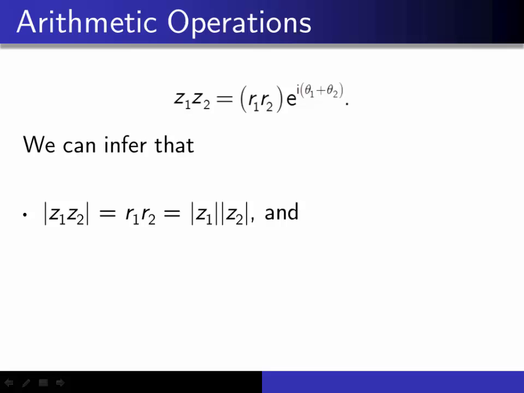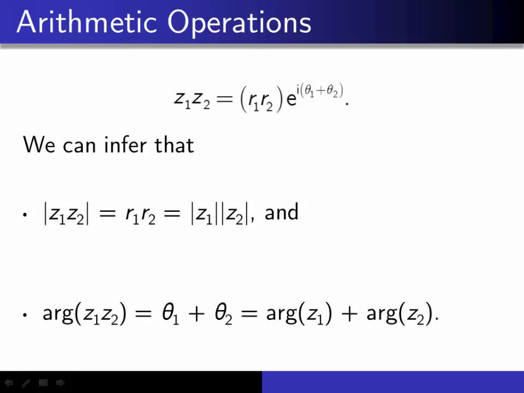But what was theta 1? The argument of Z1. And theta 2 was the argument of Z2. So immediately, I also have this result: argument of Z1 times Z2 equals argument of Z1 plus argument of Z2. So you have to change from times to plus. You need to adjust your thinking a bit. If not, you make the common mistake that argument of Z1 times Z2 equals argument of Z1 times argument of Z2,